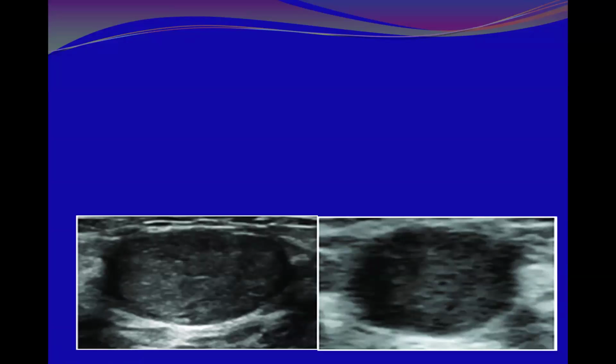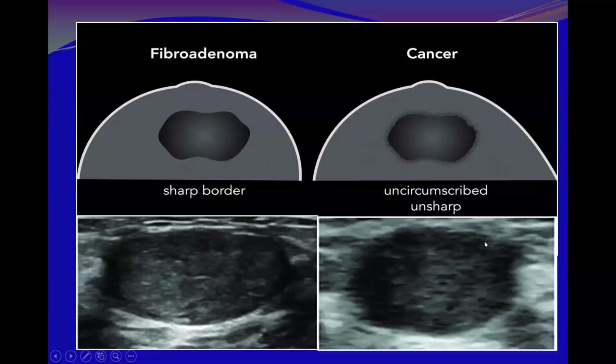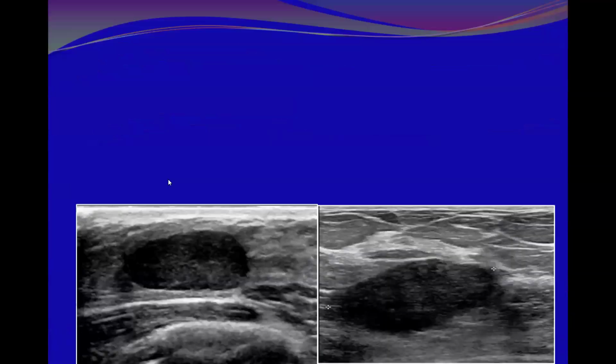It might tend to be a fibroadenoma, but in the end, it is not circumscribed. Why is it not circumscribed? Look at these margins. Look at this shagginess. These are spiculations, and look at this part of the lesion here, even projecting from the contour. Here it is projecting from the contour. So this is uncircumscribed and this is sharply demarcated.